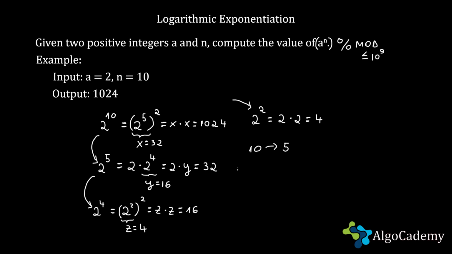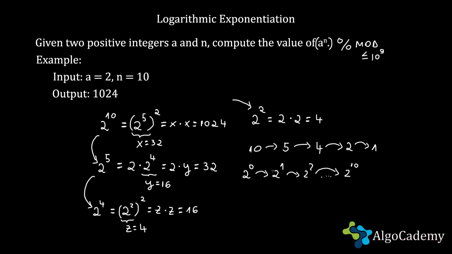The next problem or sub-problem was to compute 2 to the power 5. This is unfortunately not even, so the next sub-problem would be to compute 2 to the power 4, which is even, so the next problem would be to compute 2 to the power 2, and then 2 to the power 1, which I already know. So as you can see, instead of starting from 2 to the power 0, like in the brute force approach, and from 2 to the power 0, multiply by 2, compute 2 to the power 1, multiply by 2, compute 2 to the power 2, and do this until I compute 2 to the power 10,